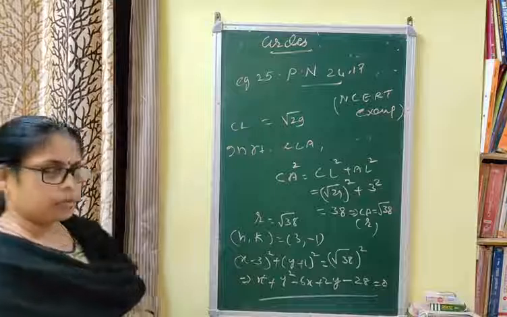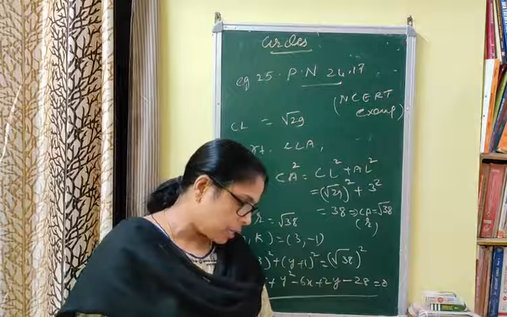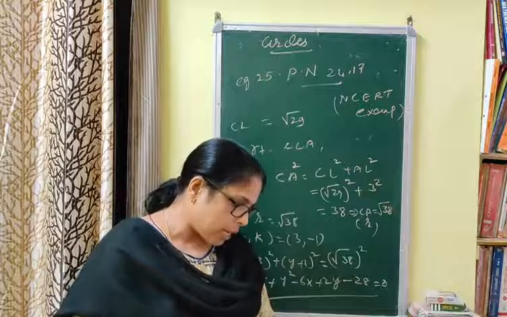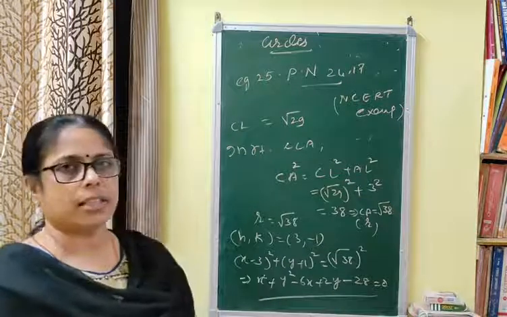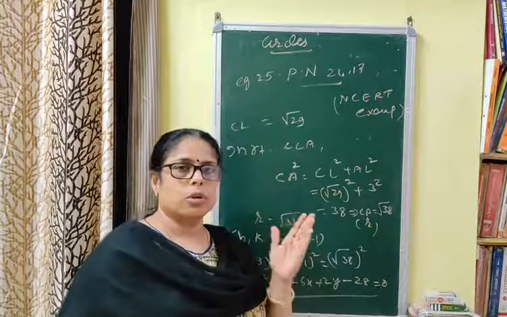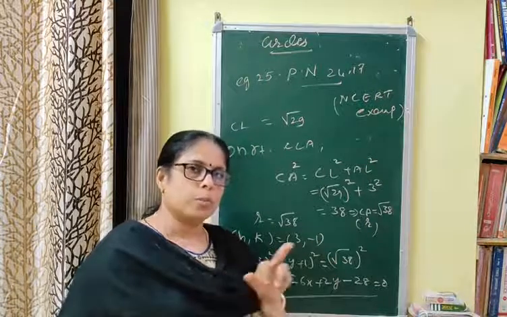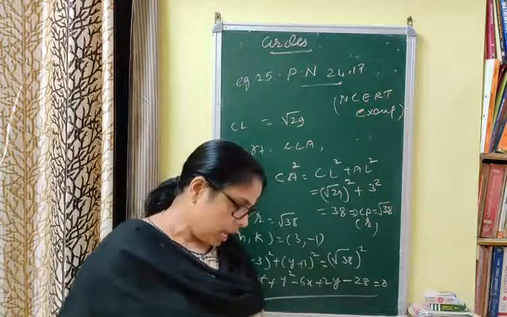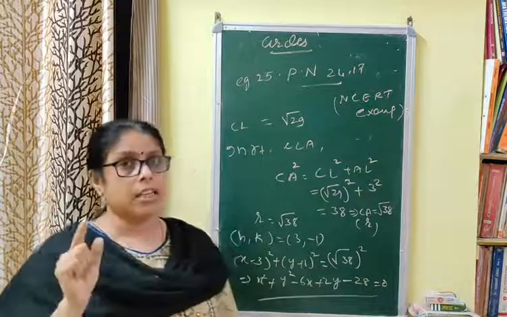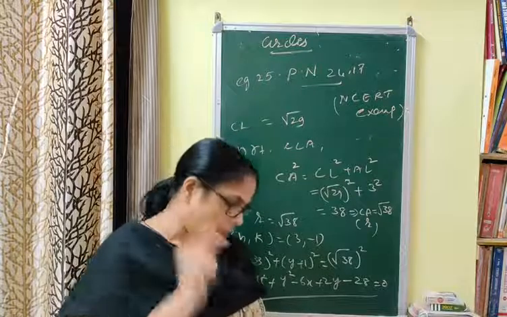Once more I am explaining this. आपको एक circle दे रखा है जिसका center है 3, -1 and it cuts a chord of length 6 units on the line 2x minus 5y plus 18 equals 0. ये मैंने 8 लिखा था, 18 करेक्ट कर लेना. तो perpendicular from center to any chord bisects it. The length AB equal to 6 means AL equals LB equals 3 units, and CL is the distance of the center from the line 2x minus 5y plus 18 equals 0. Then you will get the length of the perpendicular as root 29.